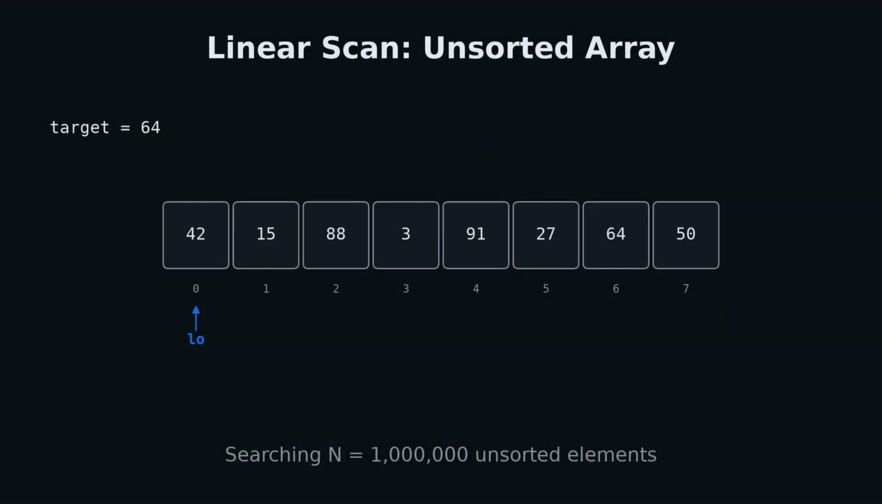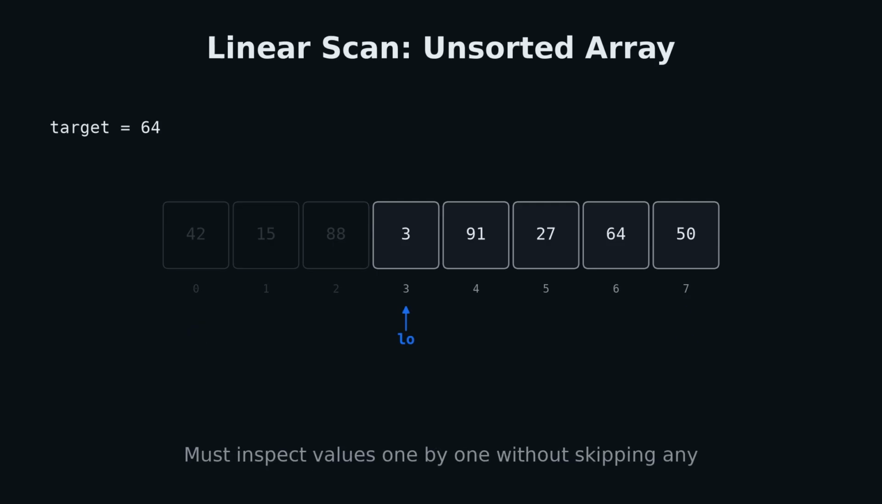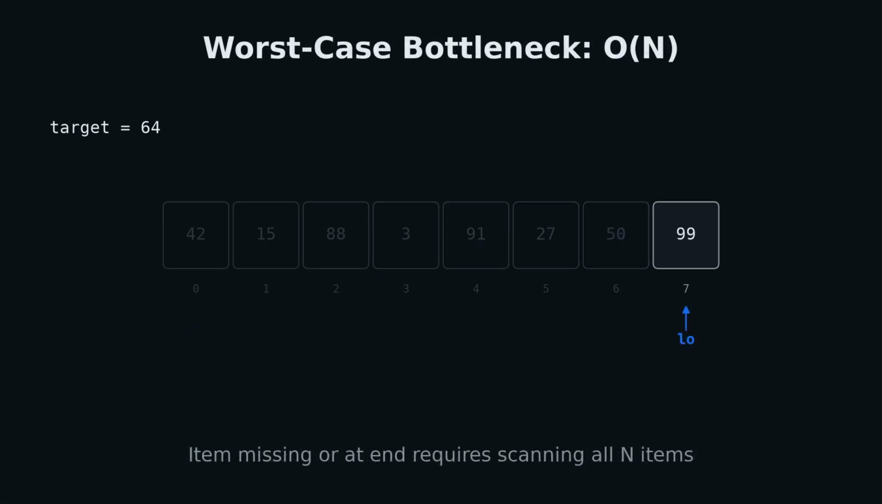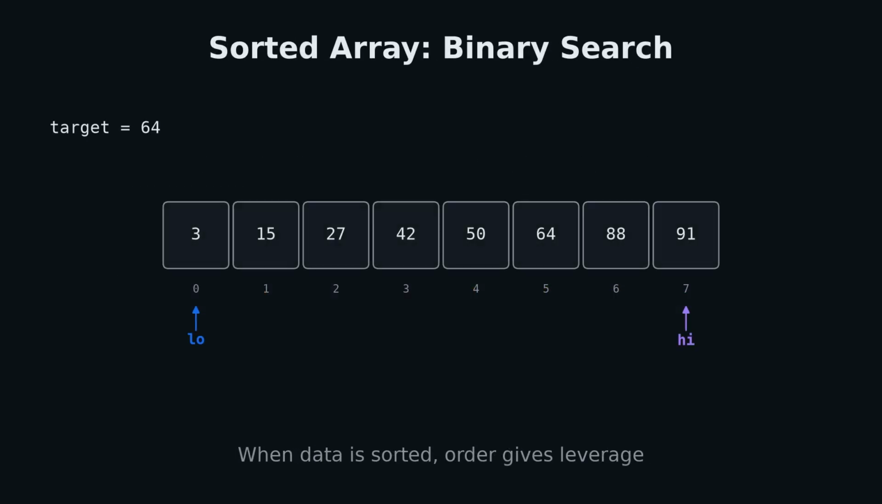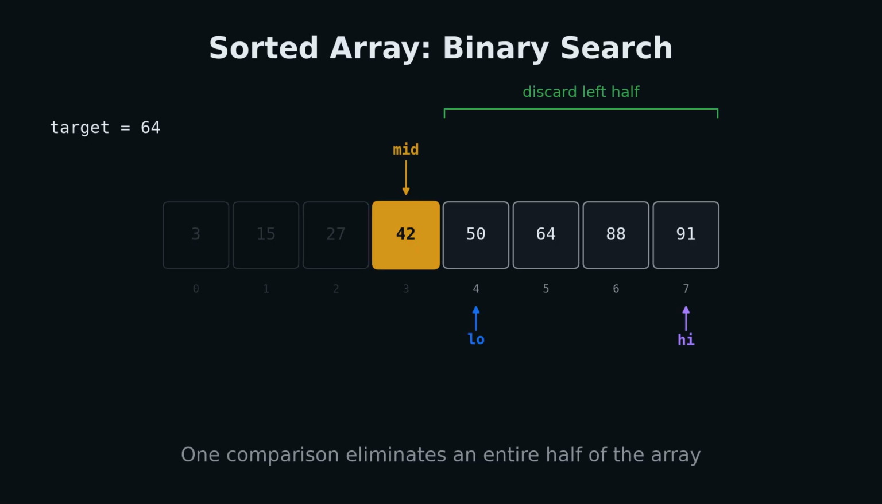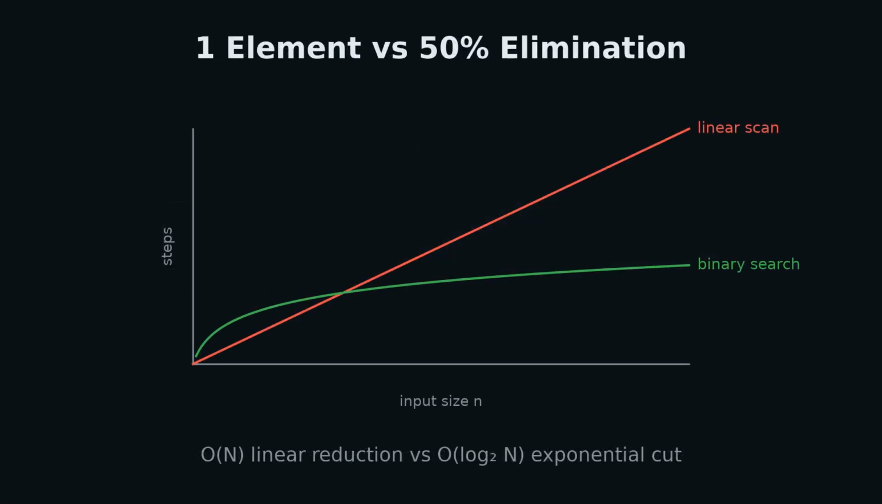Searching an unsorted collection of 1 million elements leaves you no choice but to inspect every single value one by one. In the worst case, finding your item or proving it is missing takes 1 million comparisons. But if the data is sorted, every single comparison can tell you which half of the remaining space contains your target and which half can be discarded entirely. Instead of reducing the problem size by one element at a time, we eliminate 50% of all remaining possibilities in